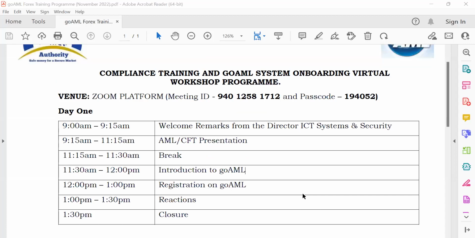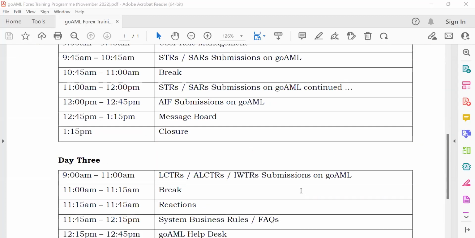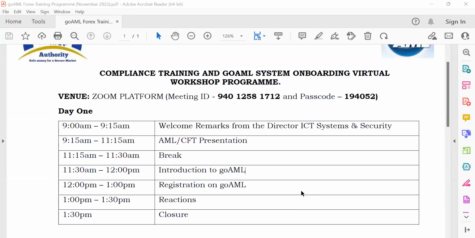It's a 3-day session, day 1, day 2, and day 3. So you can choose to attend on one of the days? No. Or each day has its own package? Each day has its own package. If you saw the program, each day has its own package. And we have made it half day 9 to 1 so that we don't keep you engaged an entire day. And also concentration drops if the sessions are really, really long. So each day has its own package, and we expect you to attend all the 3 days.